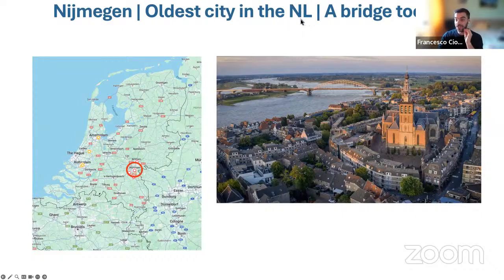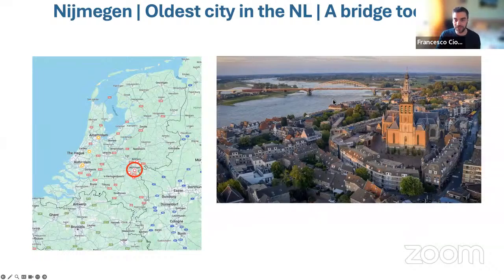And they claim it's the oldest city in the Netherlands, which is probably true, but don't tell people in Maastricht, because they also claim that Maastricht is the oldest city. So then you have to see. It's a very nice place. It's not that big, but it has 170,000 people. So actually fairly big, also by Dutch standards, let's say.